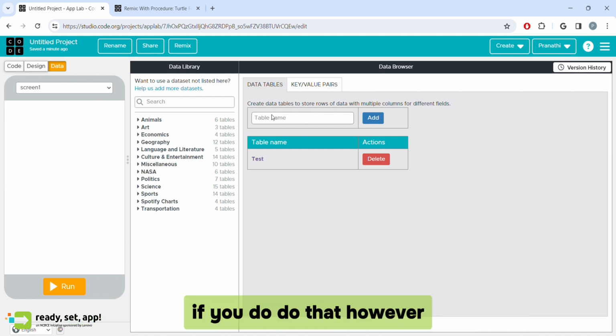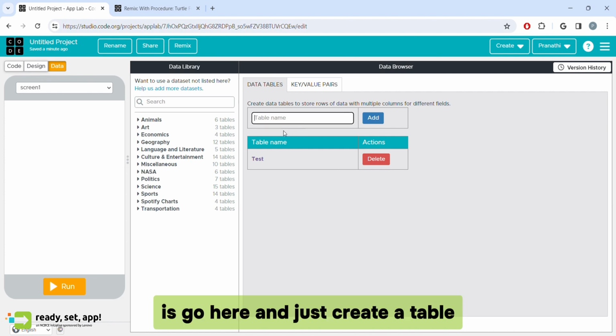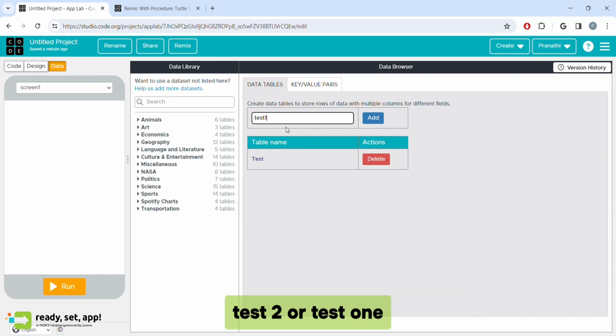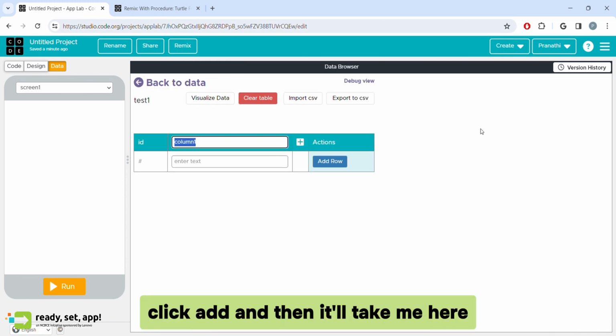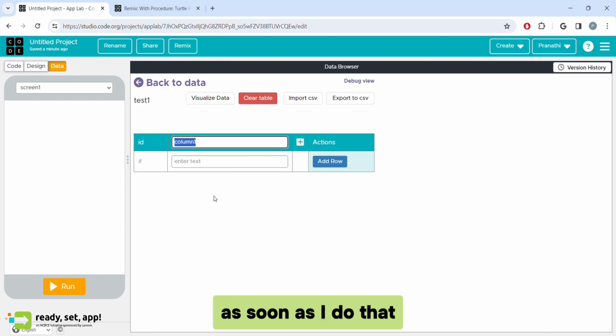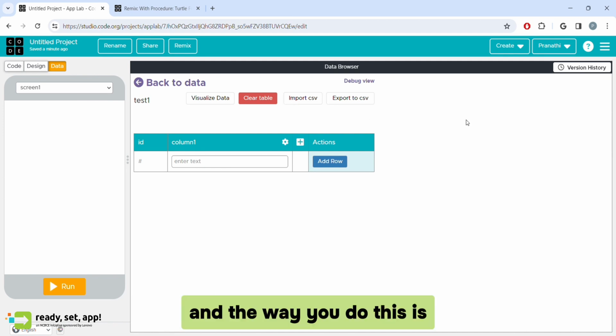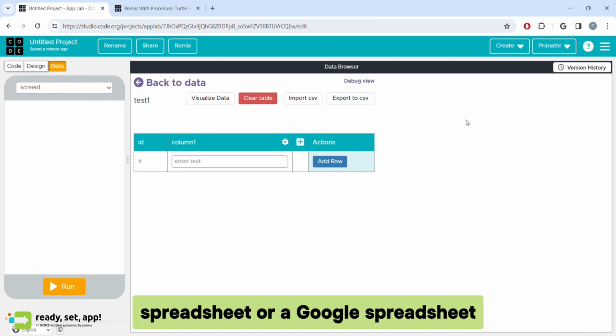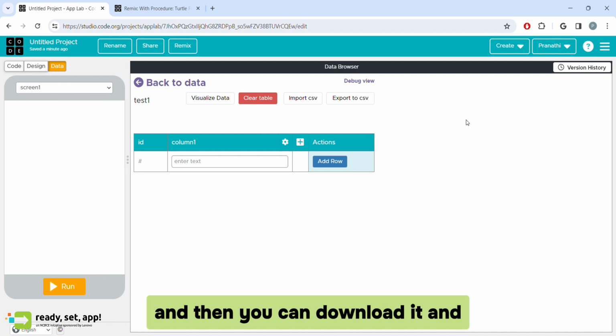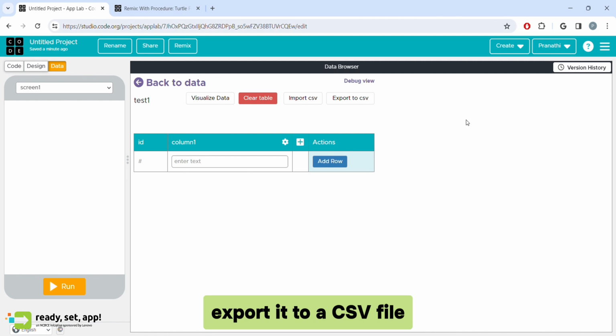If you do that, however, what you can really simply do is go here and just create a table. So I'm going to create another one, test2 or test1, click add, and then it'll take me here. As soon as I do that, I can just import CSV. And the way you do this is have all your data on an Excel spreadsheet or a Google spreadsheet, and then you can download it and export it to a CSV file. Once you do that, you can simply import using this button, and all of your data will appear here